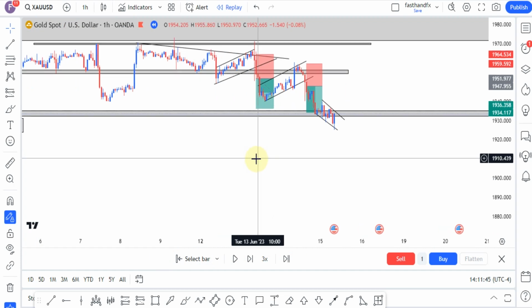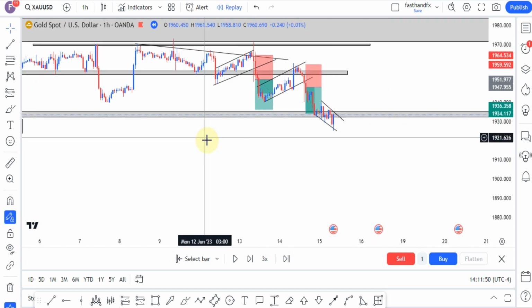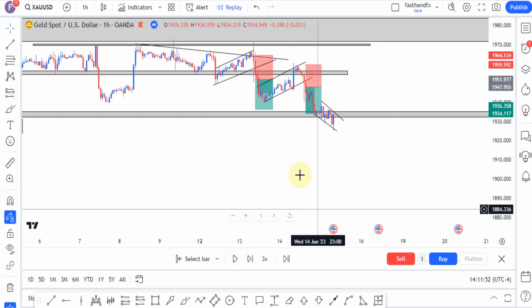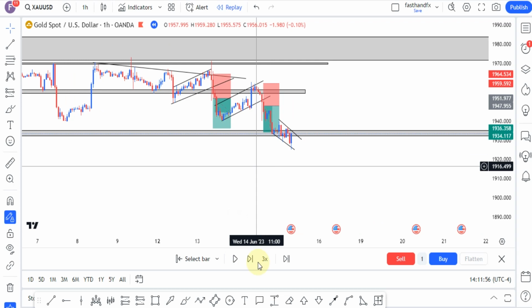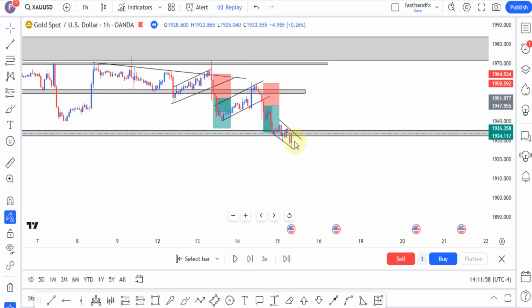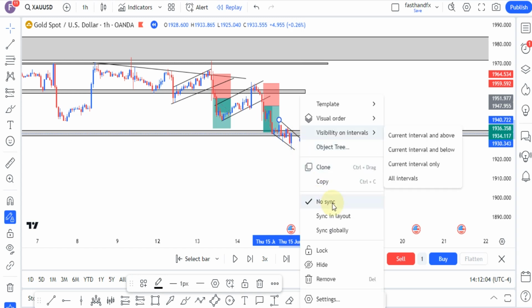So let's see if the market can give us an opportunity to sell at this point, or maybe if the market doesn't go down as we expect, or if the market comes back again and takes out this immediate high that we have at this point, maybe we should take